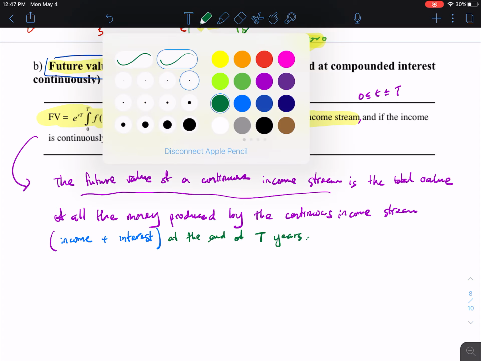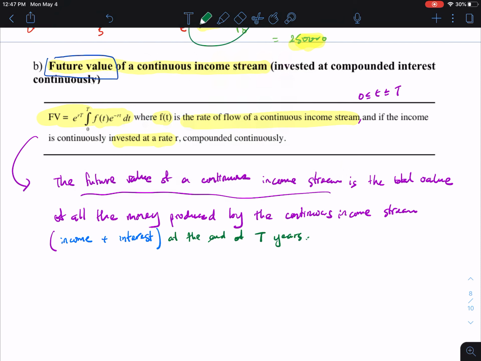So an example of this would be a Roth IRA. I think with a personal Roth IRA, you're allowed to deposit up to $5,500 each year. So at the end of each year, you put $5,500 into your account. You choose to invest that amount at a certain percentage interest. You buy a certain mutual fund, whatever you decide to do with it. And the next year you put in another $5,500. Maybe now you have more than just $5,500 in your account because the annual interest gets added on to the amount in the account at the end of the year. And then the following year you do the same thing.